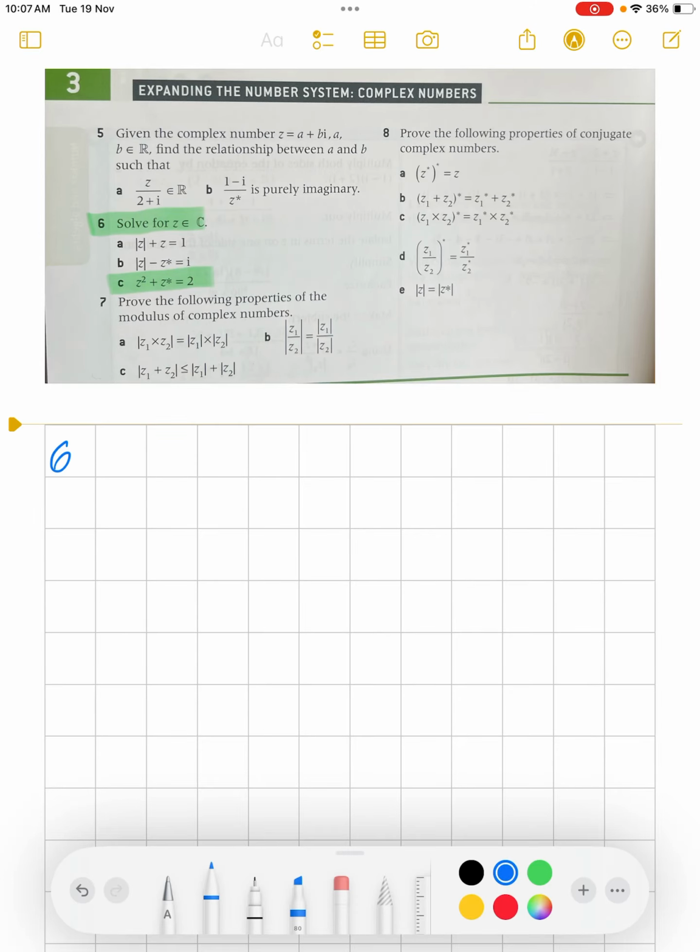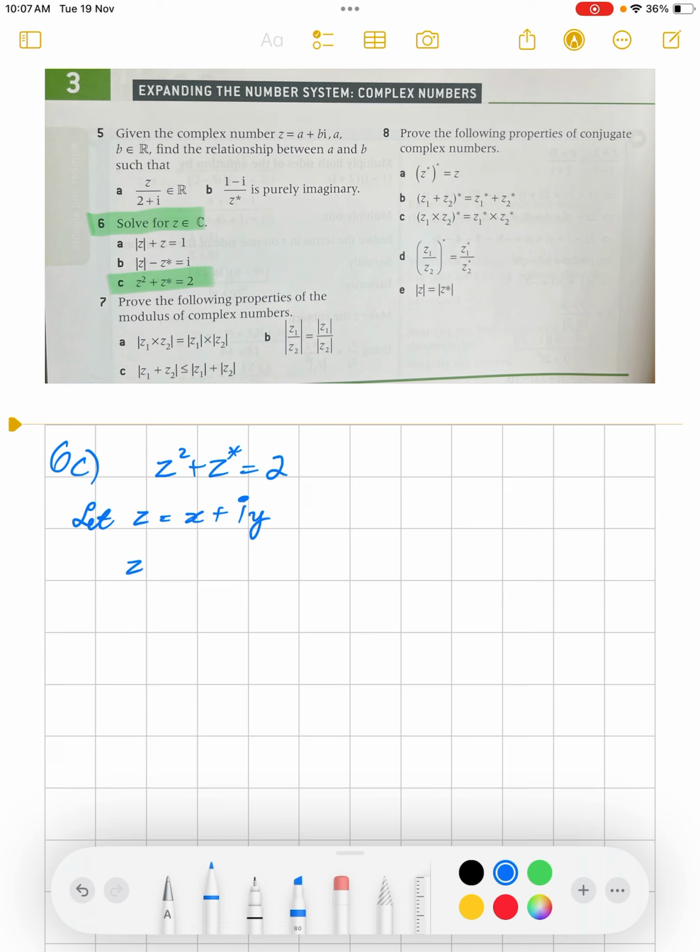I'm going to be looking at 6C in this question. It says to solve for z as an element of the complex numbers, z squared plus the conjugate of z is equal to 2. Well, let z equal x plus iy,